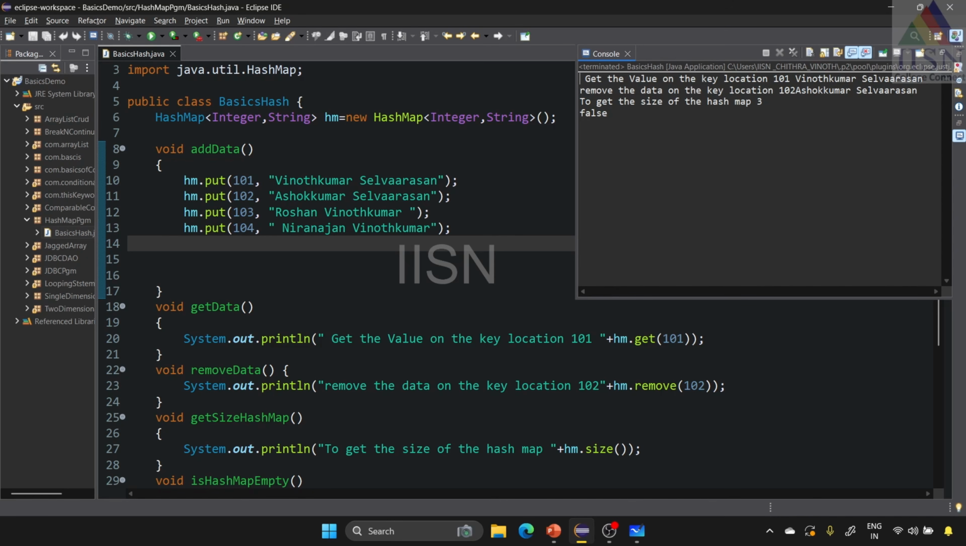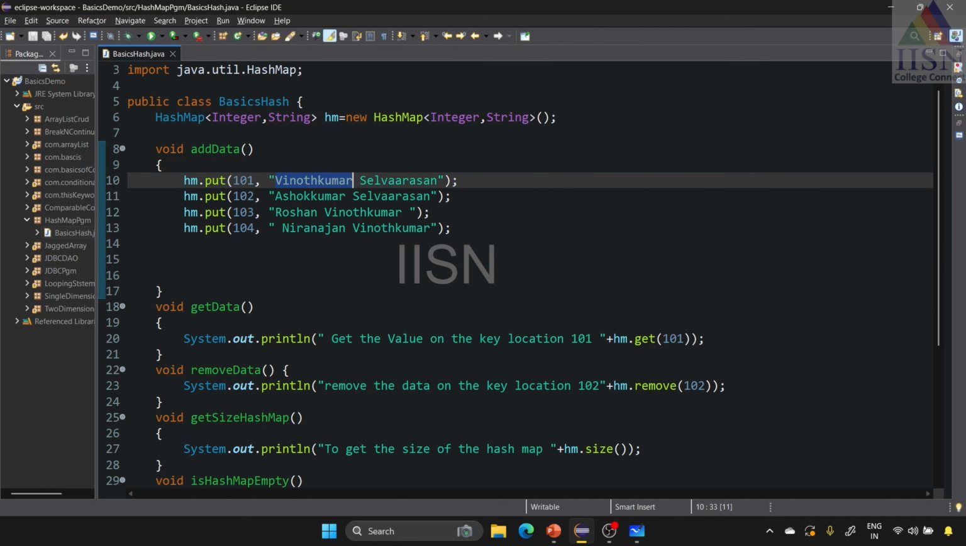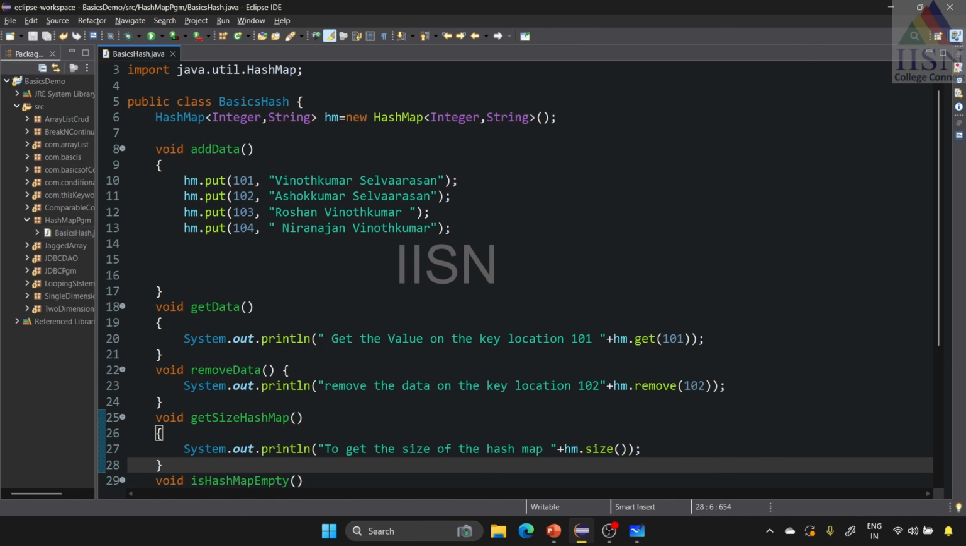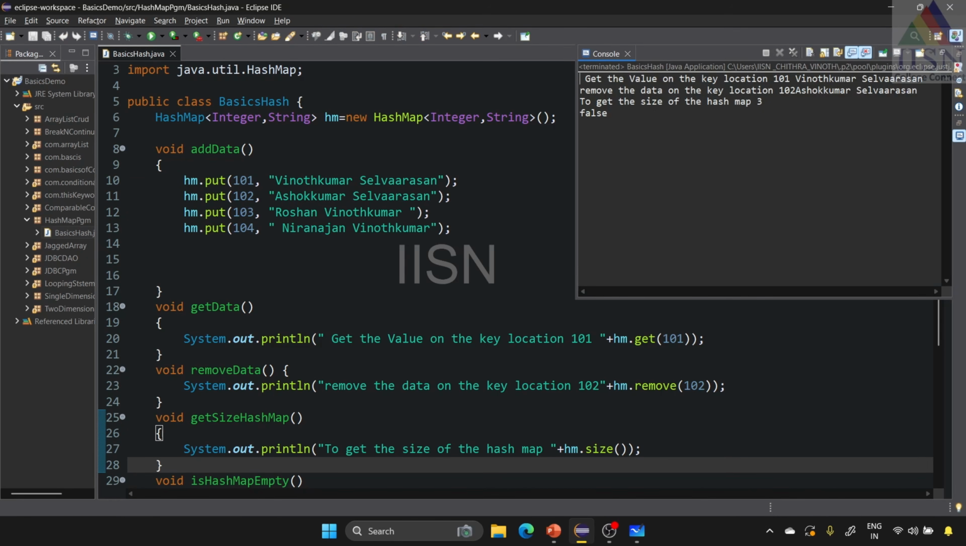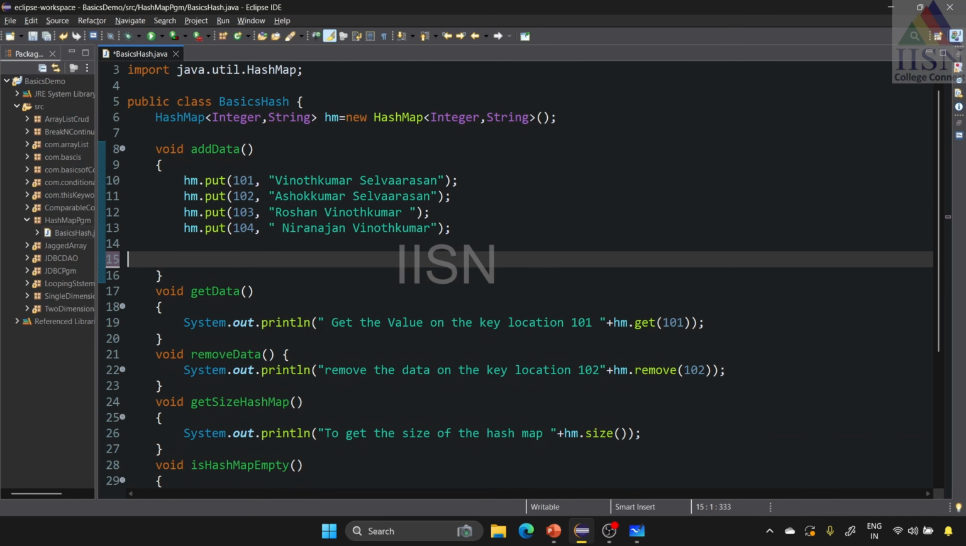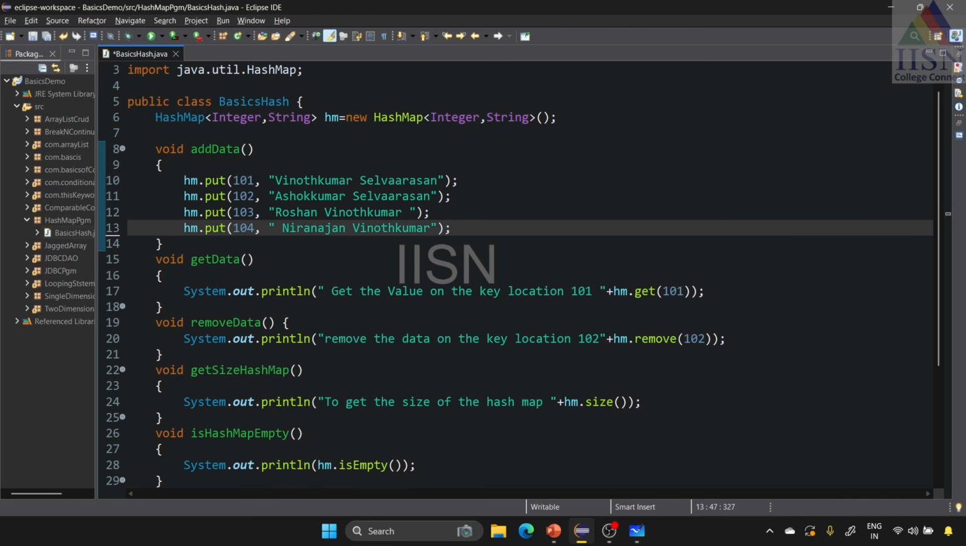Get the value of the key location 101 is Vinod Kumar Silverson, yes. Remove the data of the key location 102 is Ashok Kumar Silverson, and get the size of the hash map. After removing Ashok Kumar Silverson, we have a total of three values. Then is the data empty? No, data is there, so it returns false. Now we want to use the iteration method for printing the values present in this